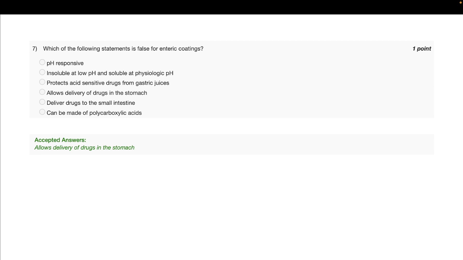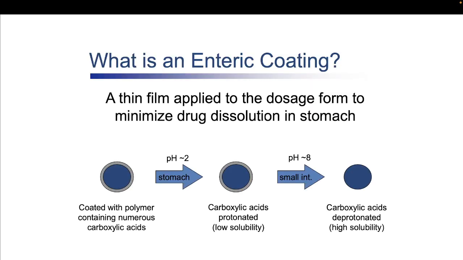So as I said, the question is asking us what is false about enteric coatings. Enteric coatings, as we have discussed a couple of times, are essentially made so that you prevent the drug dissolution in stomach. If you see the figure here, it's coated with a polymer that contains carboxylic acids, and at lower pH these carboxylic acids will be protonated. That is why they'll have low solubility. They'll all be in the COOH form, and since these are acids, as the pH increases,